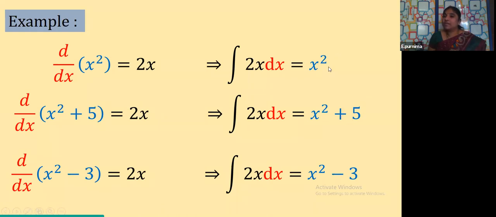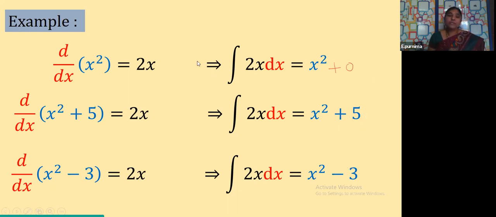Means what? There is a change. Here x square means what here, children? X square is nothing but x square plus what can I take there? It can be considered as 0. Nothing is there means it is nothing but 0 only. So here it is x square plus 0 I can take, and here it is x square plus 5, and here we are getting x square minus 3. But here, the integrand being the same, I am still getting the integral value differently. That means what here, children? Where the difference you are observing, this part is same. X square is same. Where you are getting the difference? In the constants. There is a difference in the constants.